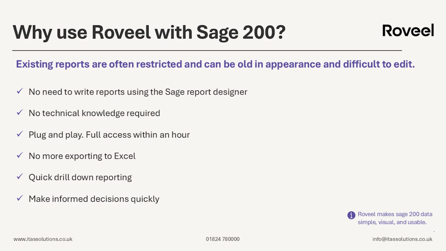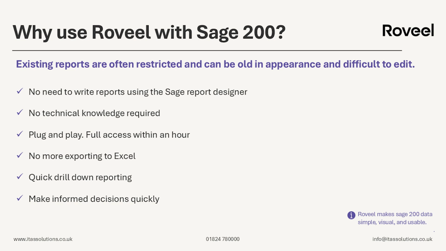Crucially, no more reporting, no more exporting to Excel. Now, realistically, we all use Excel. You know, I've put on there no more exporting to Excel. Excel's really good for ad hoc things that you might just need to do something with, but routine, regular reporting out of Excel is fraught with issues, and I won't go through all of those. But in terms of